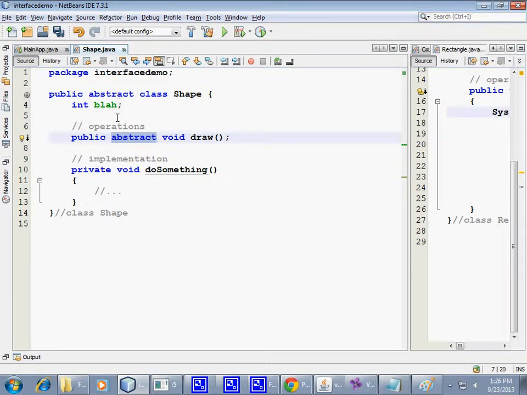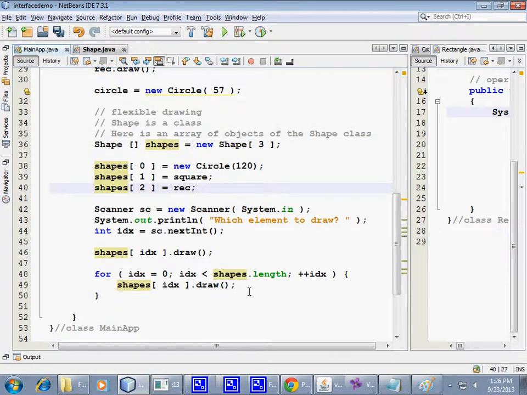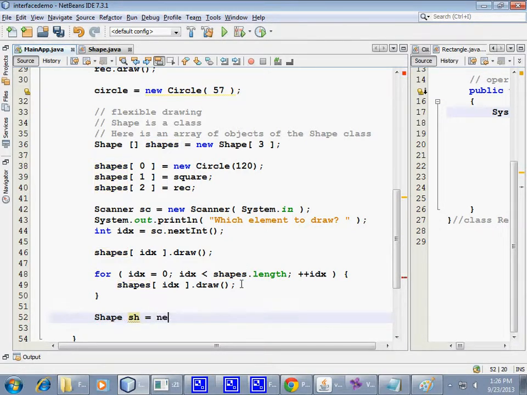Because it's an abstract class, since it contains abstract operations which are not defined in this class, this is not possible. You cannot say shape ch equals new shape. You cannot do this.